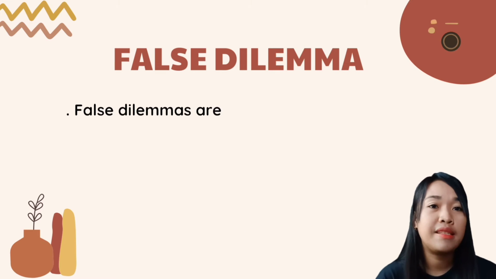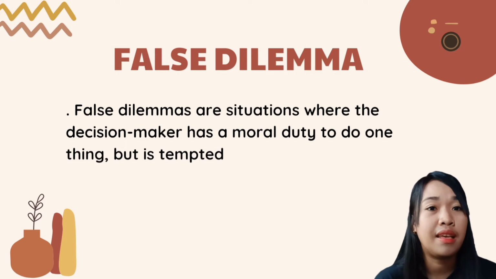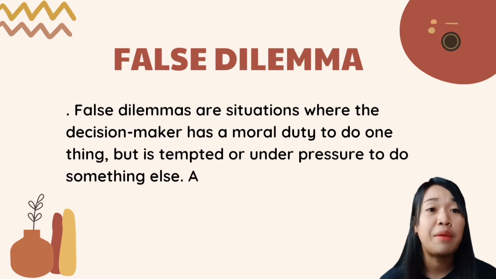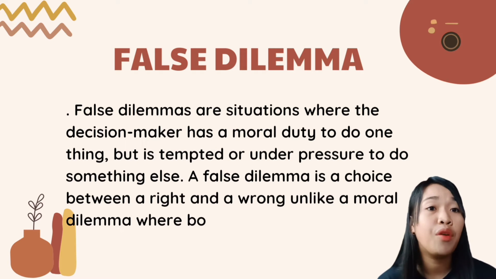So next is false dilemma. False dilemmas are situations where the decision maker has a moral duty to do one thing, but is tempted or under pressure to do something else. A false dilemma is a choice between a right and a wrong, unlike a moral dilemma where both choices are